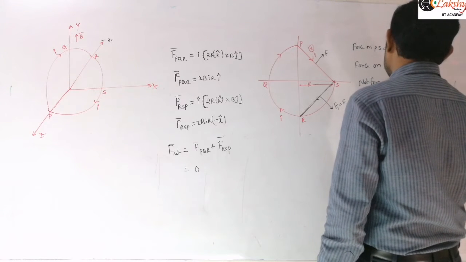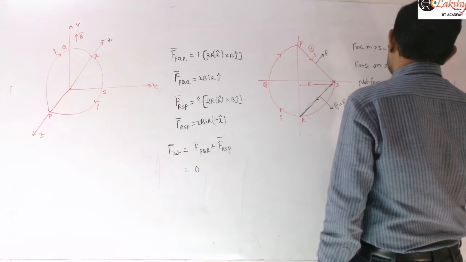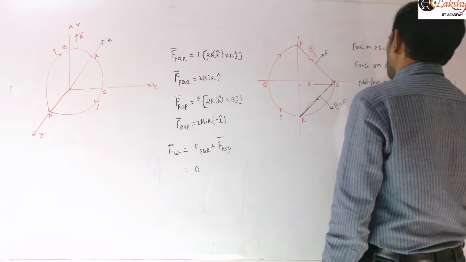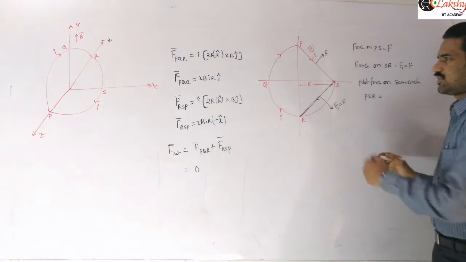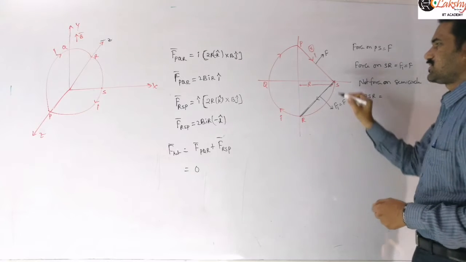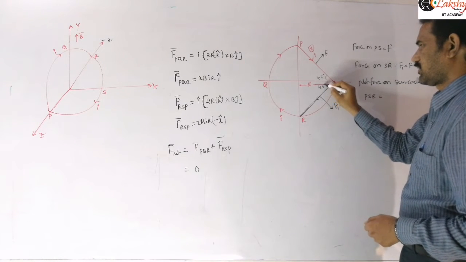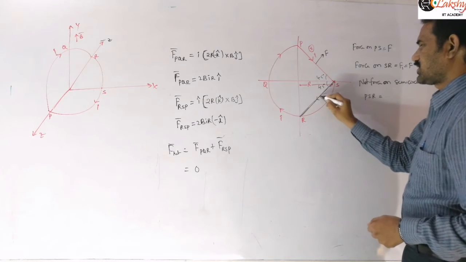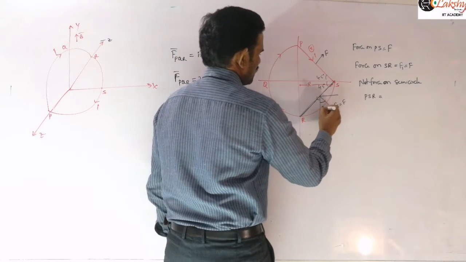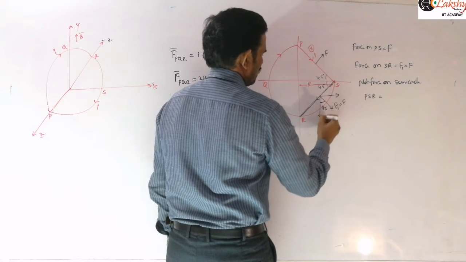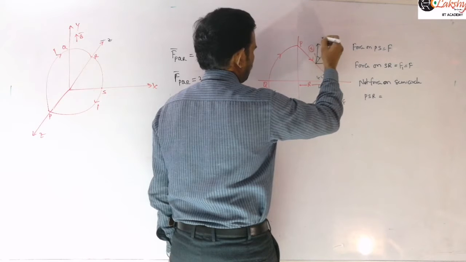Net force on semicircle PSR is equal to, you may resolve this into components here and you can find that. That means this angle is 45 and this angle is 45 degrees. And so now you can say that it makes an angle 45 degrees with either horizontal or vertical here. That means this angle you can consider it as 45. And so similarly here it is making an angle 45 here.